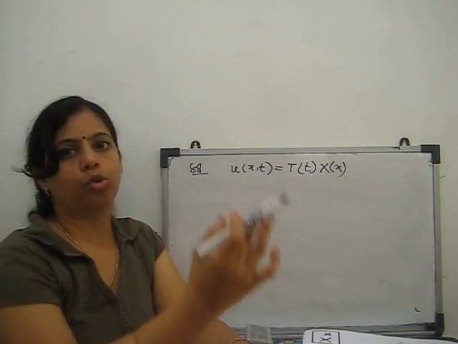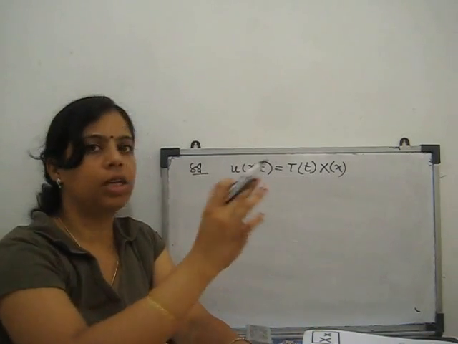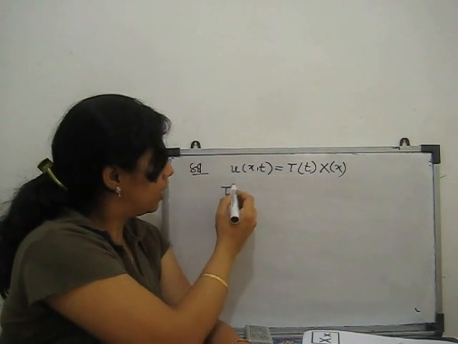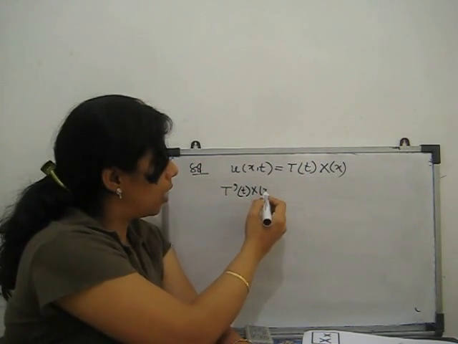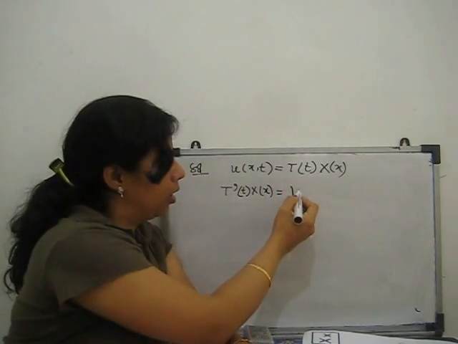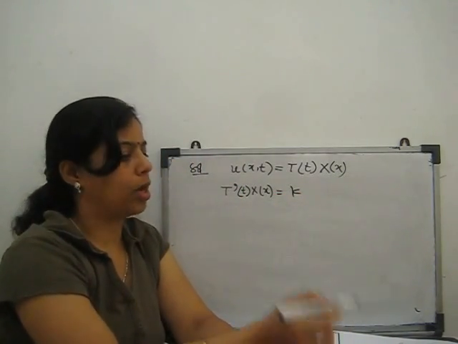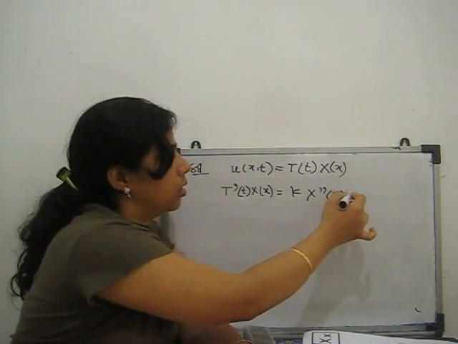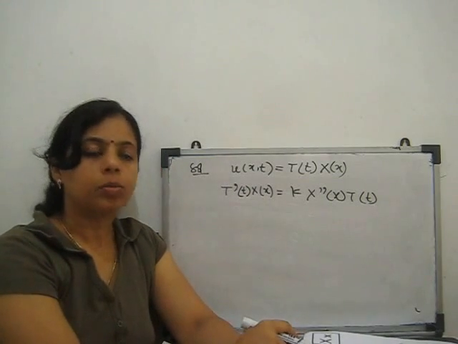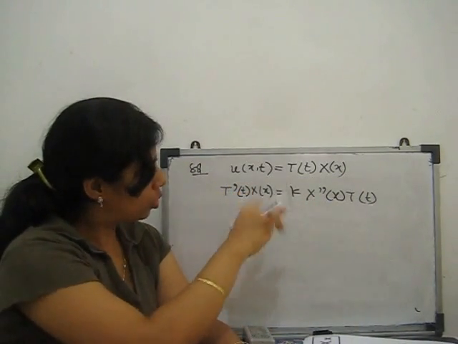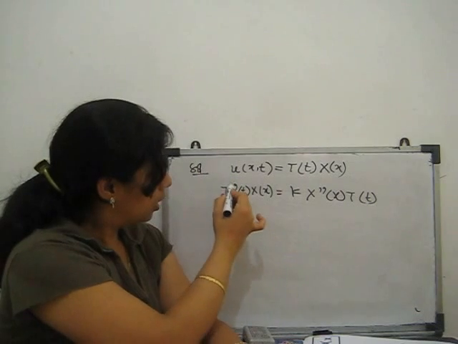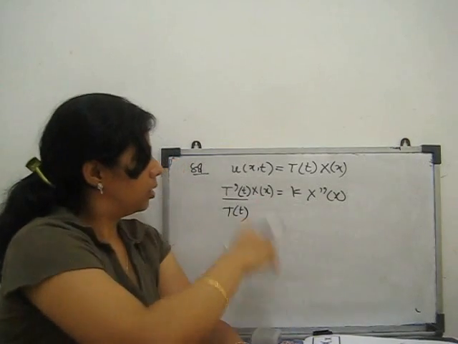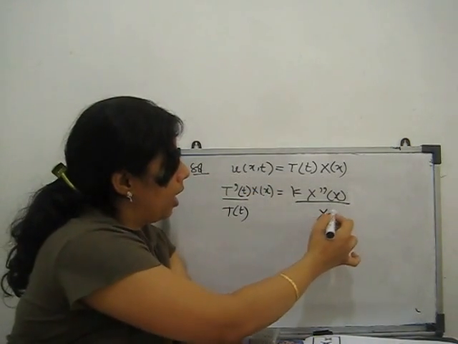Now second step, we have to substitute in the given heat equation. So the given heat equation is del u by del t. So when we substitute, del u by del t is T'(t) X(x) equal to k del 2u by del x square. So 2 times differentiation with respect to x. So 2 times is X''(x) T(t). Clear? Now we can easily separate the values. So next step, T' upon T comes this side, and this goes this side, X''upon X.